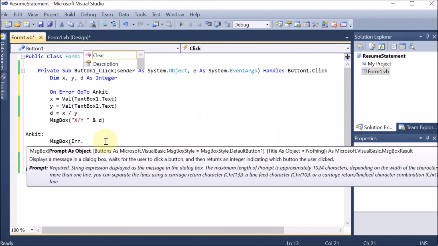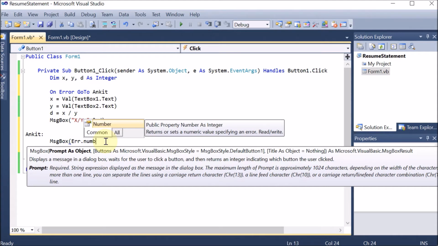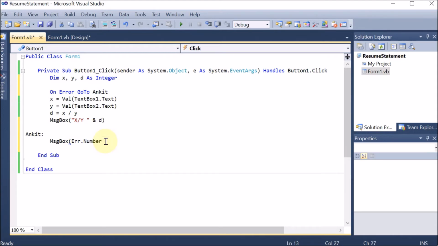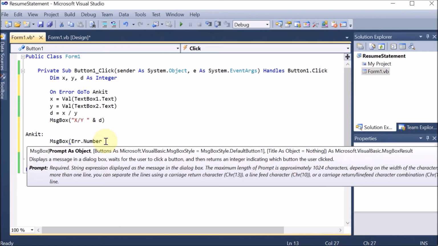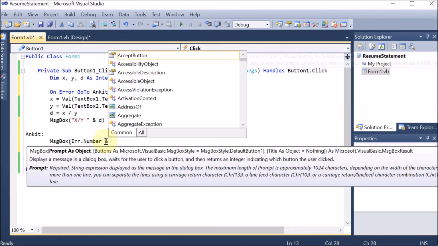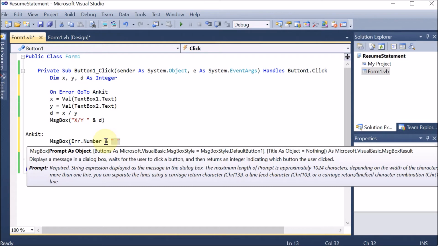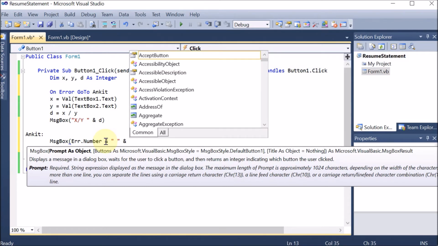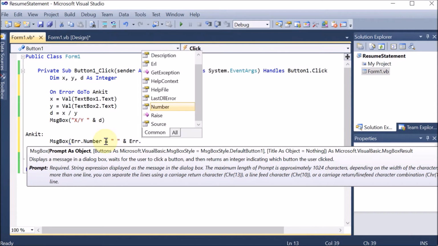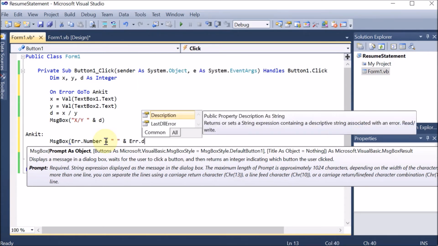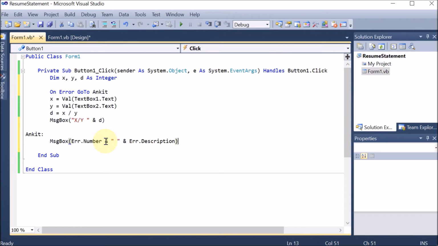So Err.Number, it has multiple parts inside that. Err.Number means which kind of error is coming here, what is the number of that. I am concatenating this number with one space, so I am providing the space here. Now afterward we can again concatenate with the Err.Description.